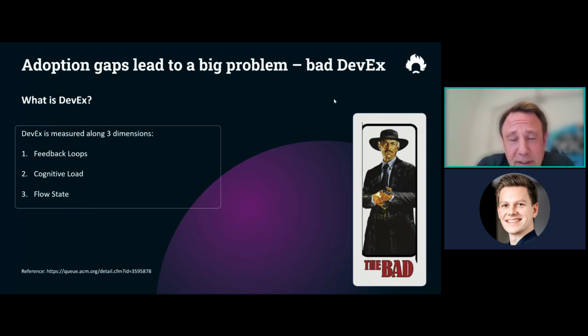And lastly, the flow state. So how immersive of a state are your developers or the development team, and how can you achieve that to create energized focus, enhance productivity and job satisfaction. So we call it being in a tunnel, when they can really focus on coding without many distractions. And those three dimensions define a good developer experience, or the lack thereof, a bad developer experience.